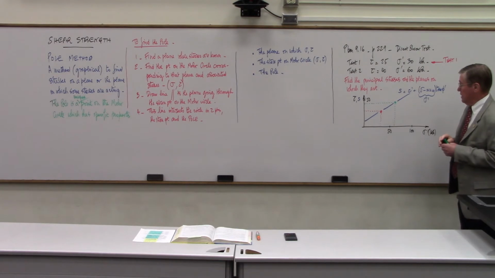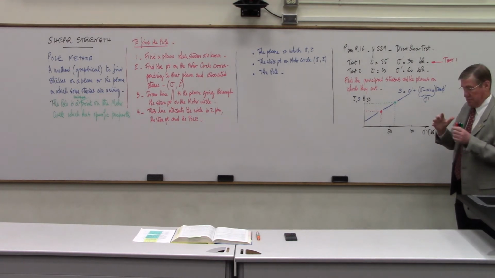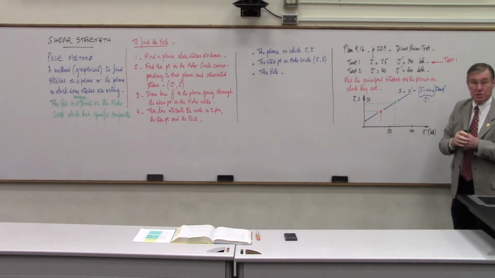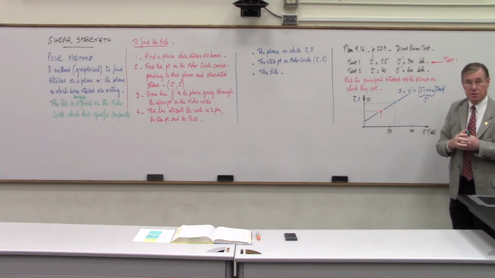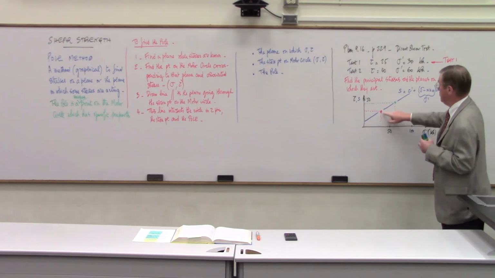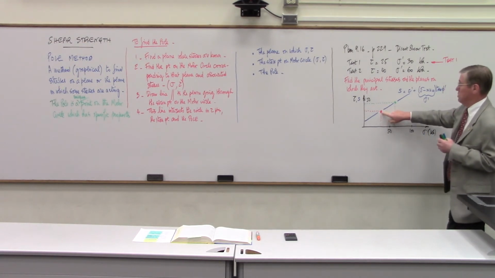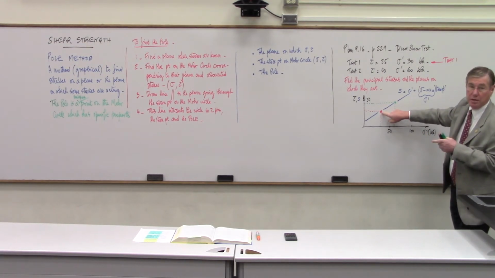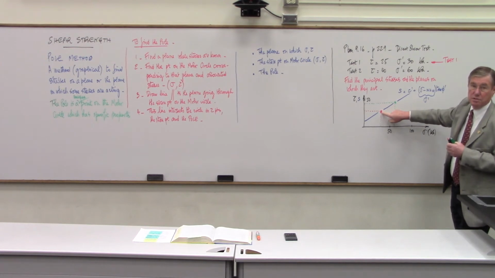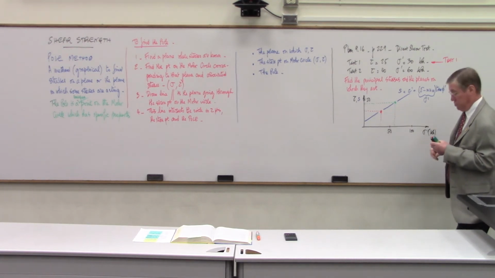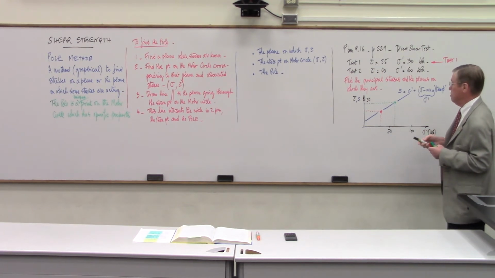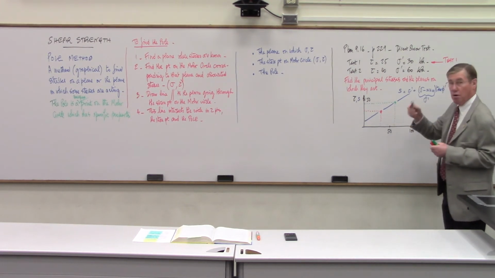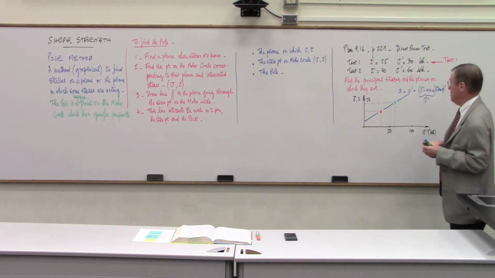So the element, the direct shear test element, has a Mohr circle associated with it. This point is a stress point on a plane within the direct shear test. Therefore, it's associated with a Mohr circle. And the question is, where is the Mohr circle that can describe all the stresses on planes within the direct